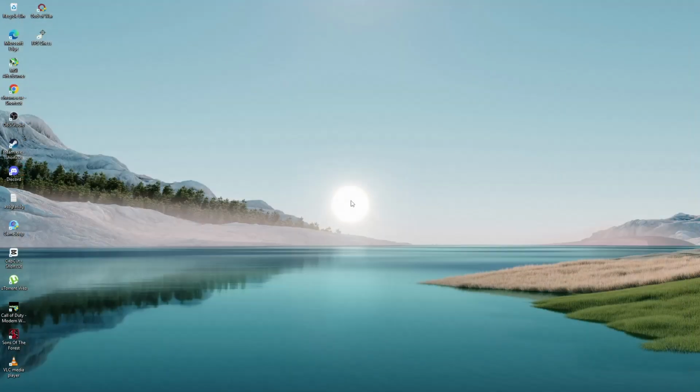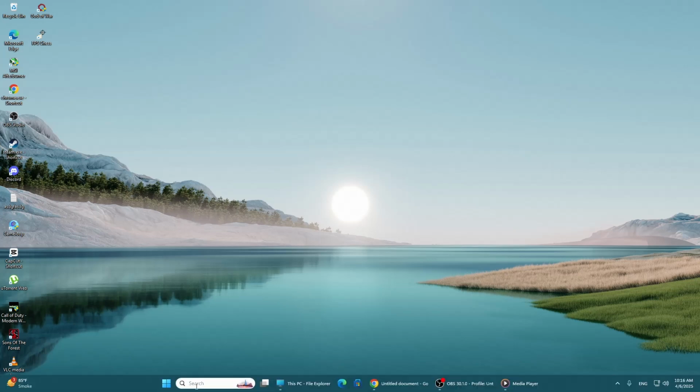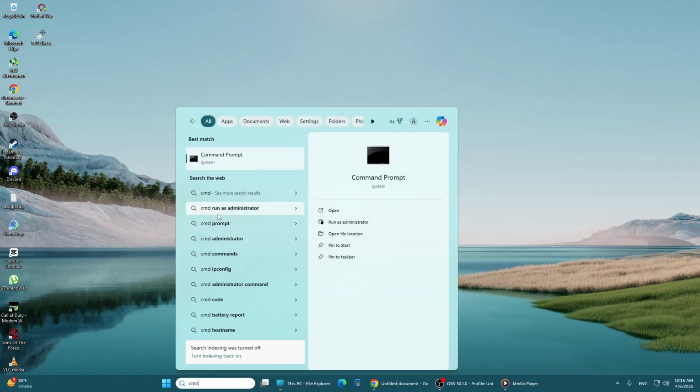Next, run a system file check. This will look for corrupted files in your system that may be stopping the update. Click the Start menu and type CMD. Right-click on Command Prompt and choose Run as Administrator. In the black window that opens, type the following command: